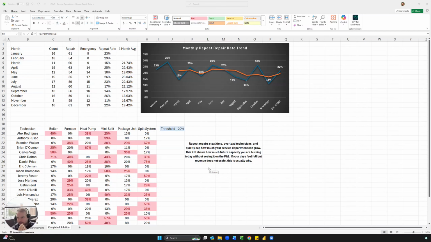So having to repeat your different repairs, it's going to steal time. It's going to overload your team. It's also going to cap your service department growth, the scalability. And so here I want to show how much capacity, essentially future capacity, you're burning today. You're not going to see this on the P&L. And so if your days are full, but your revenue isn't scaling,